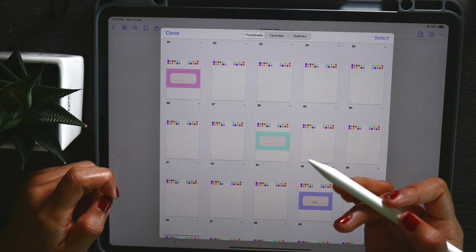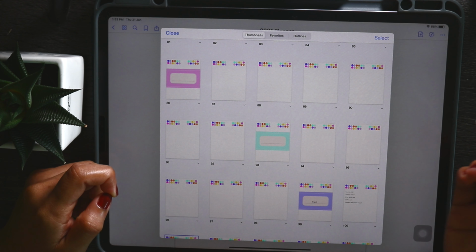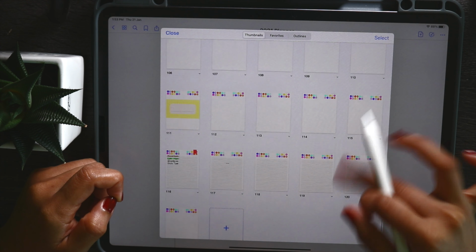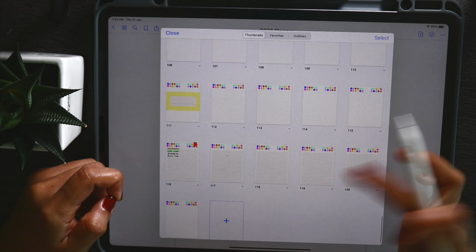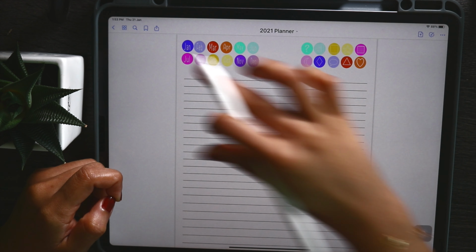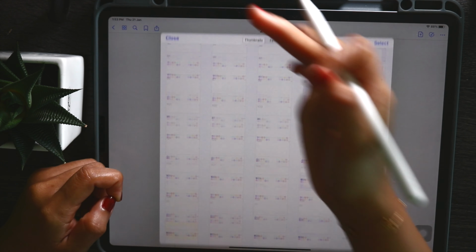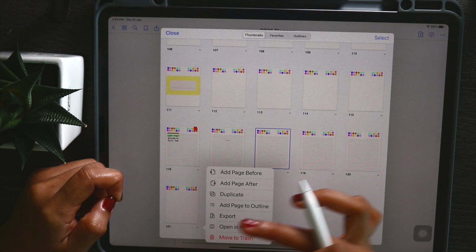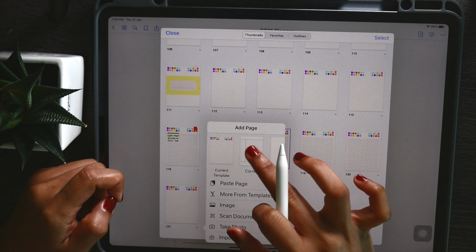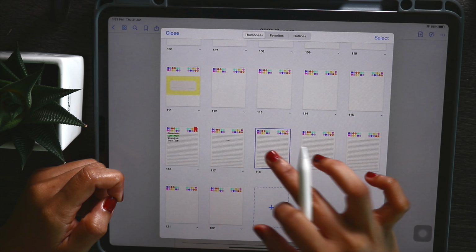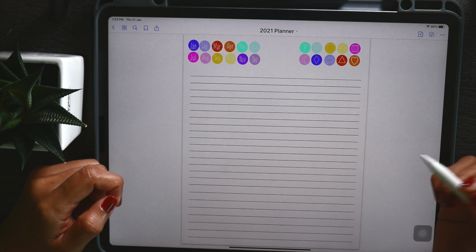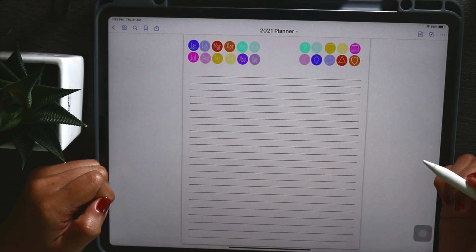So that's just going to insert a page. I can tap current template, and that pastes that page for me. So you could do that multiple times if you need a few of those pages, and you could also copy a different page. It doesn't have to be the blank page. For example, if you want to go over to the lined section and grab a lined page for one of your custom sections, same process, copy the page, paste it into the thumbnails menu.